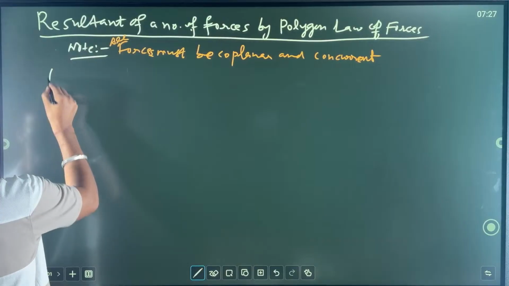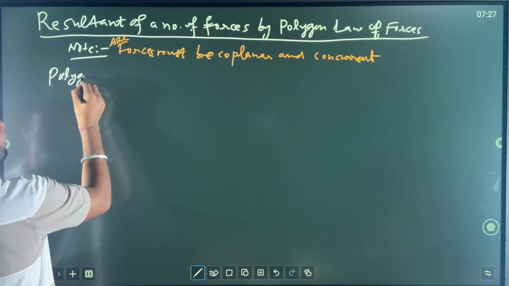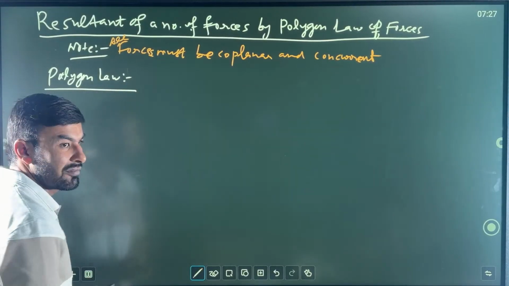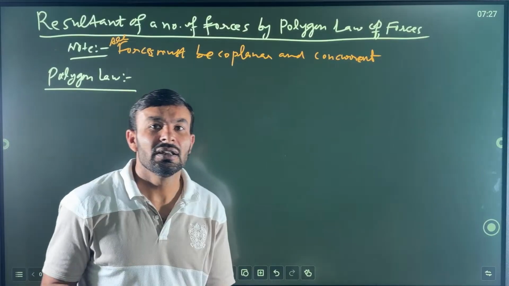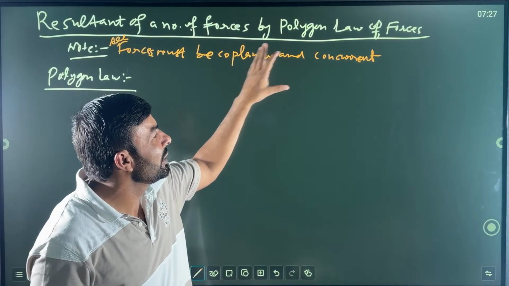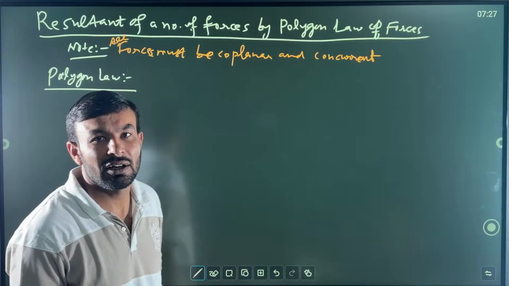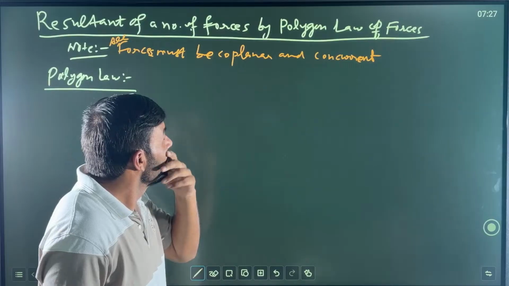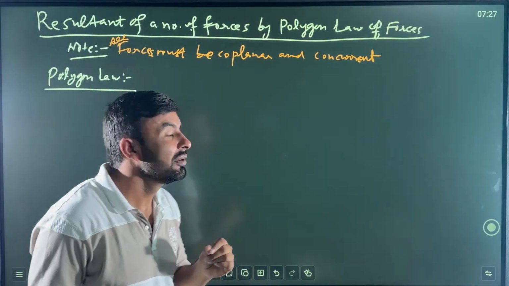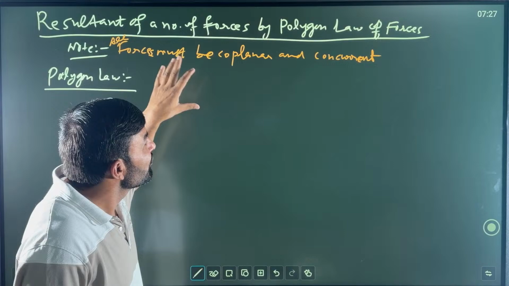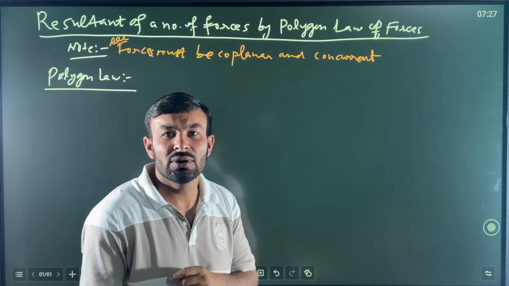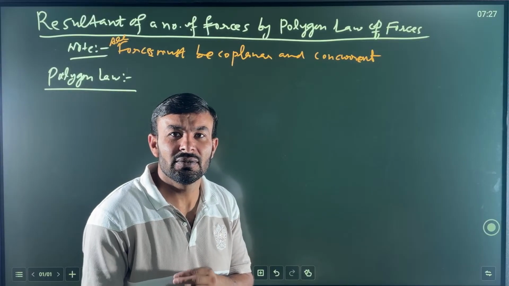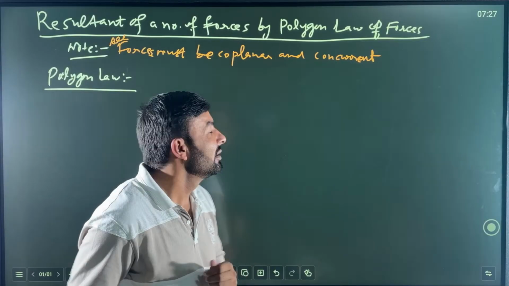उसके बारे में पढ़ते हैं, my dear friends. Polygon law. ये लॉ कहता है एक से ज्यादा फोर्स जो कि कोप्लैनर और कंकरेंट है, बॉडी के किसी पॉइंट पर अगर लग रहे हैं तो इन सभी का जो रिजल्टेंट होगा वो उस पॉलीगन लॉ की जो क्लोजिंग साइड होगी जिसको हम अपोजिट ऑर्डर में लेंगे, उसके द्वारा रिजल्टेंट की वैल्यू हमें मिलेगी और डायरेक्शन मिलेगी।